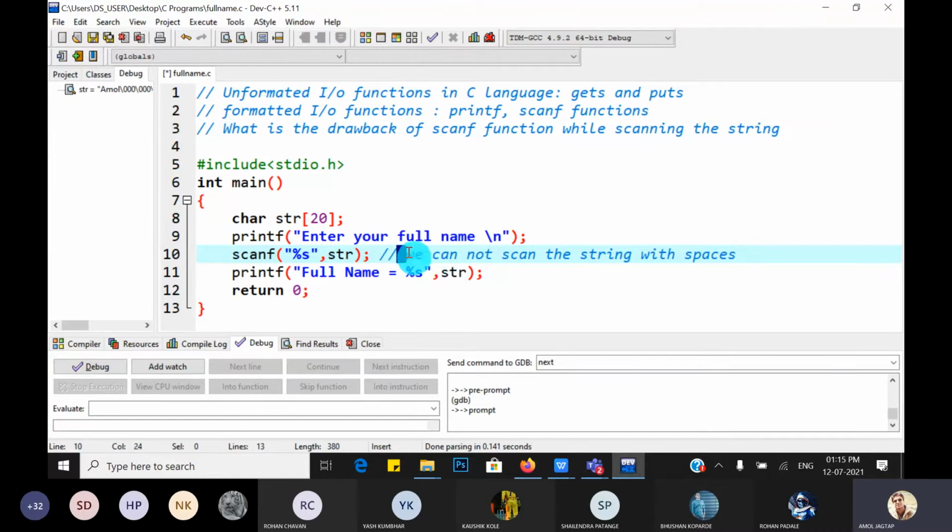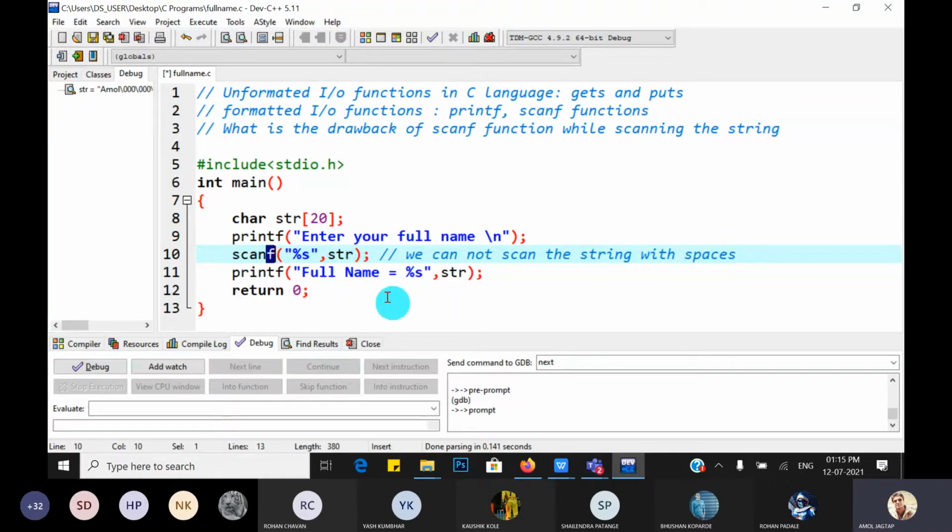Okay, so this is the drawback of our scanf function, which is a formatted IO function. Scan for scanning, F stands for formatting. Guys, hope you understand. Great. Now let's move to the next part.